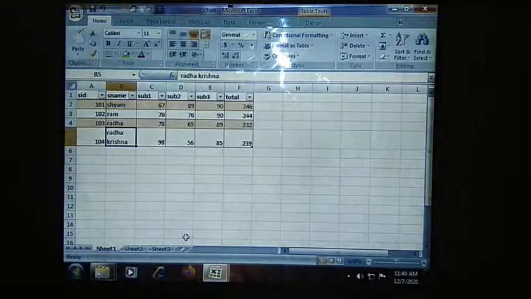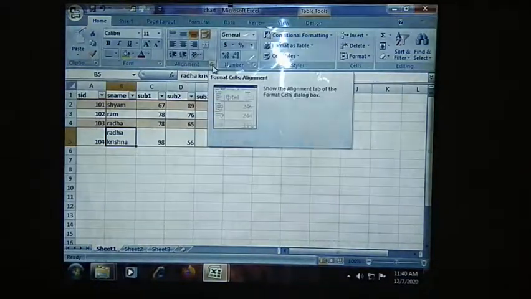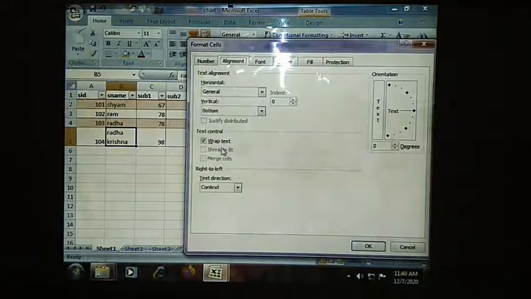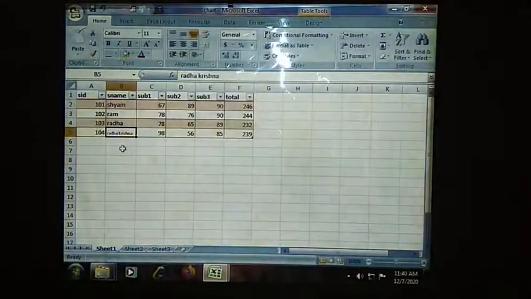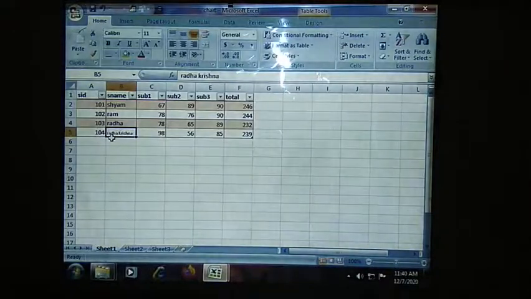There is one more option in this. I go to the Home tab, Alignment, dialog box launcher, and here you have Shrink to fit. Just click OK. This automatically adjusts the size of your font so that it fits into your cell.